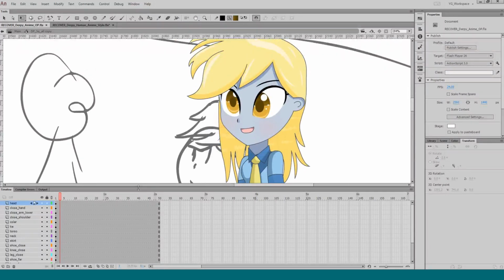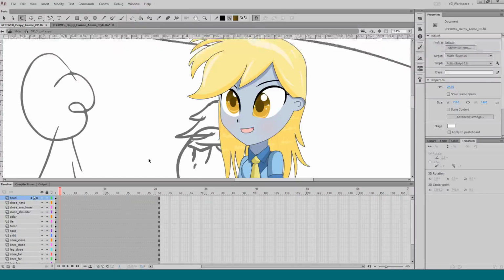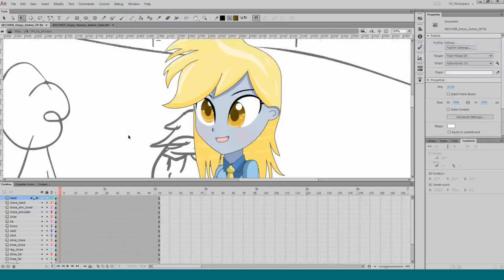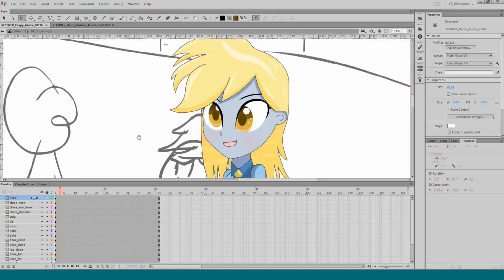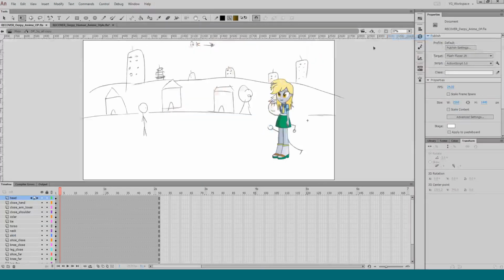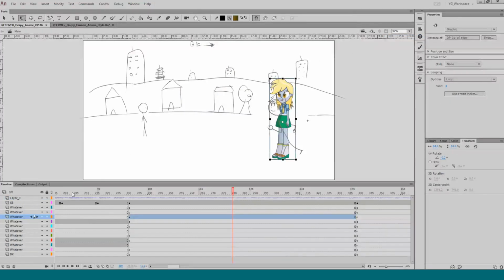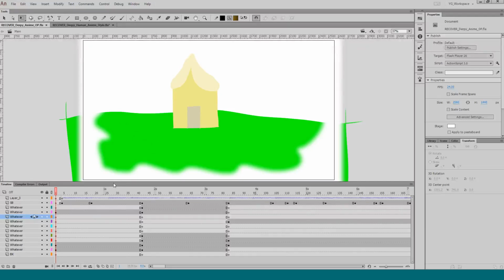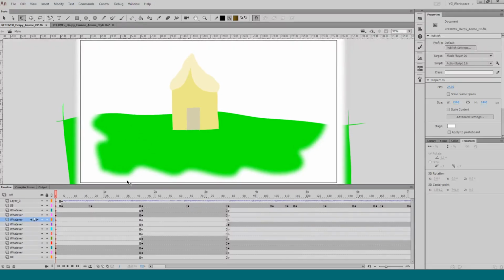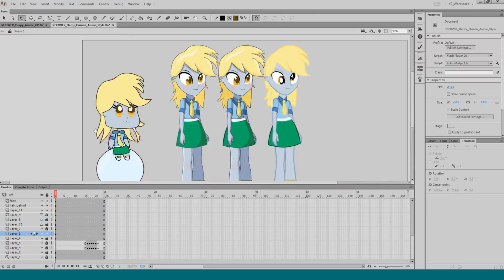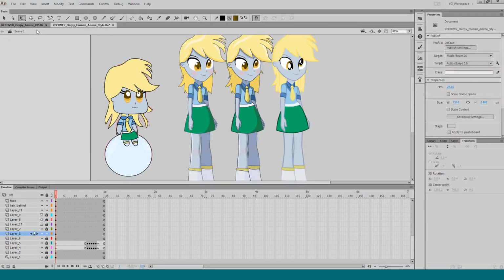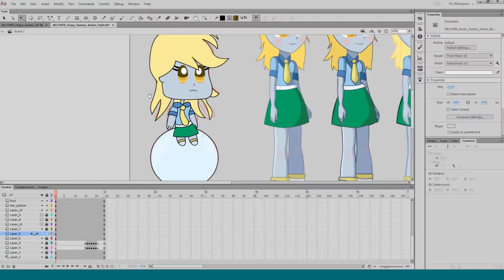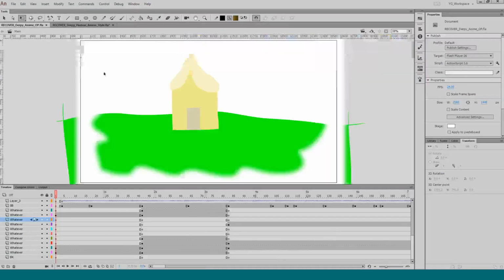Okay. Yeah, if you're just joining, a couple of you are. I'm working on the layout for this animation, which has just been drawing very, very crude pictures. And I made this color version of this little Chibi Derpy on a bubble, which will be part of another scene.